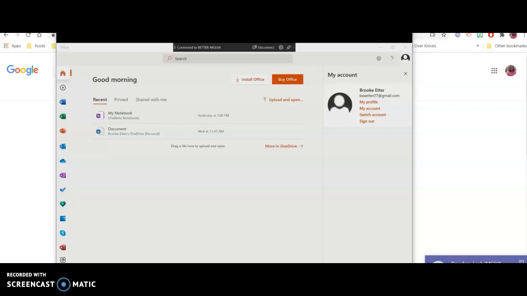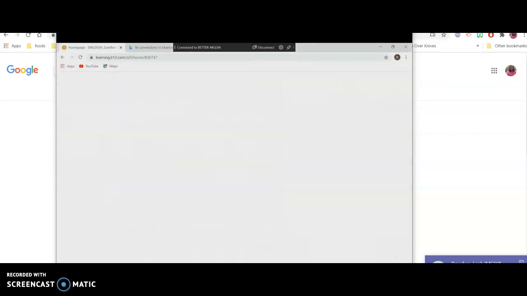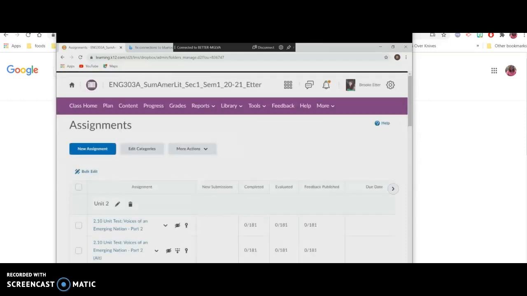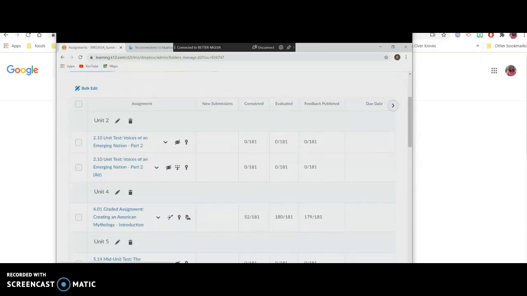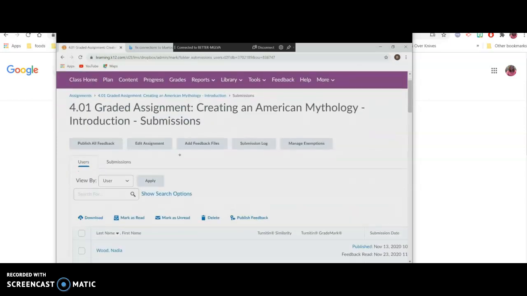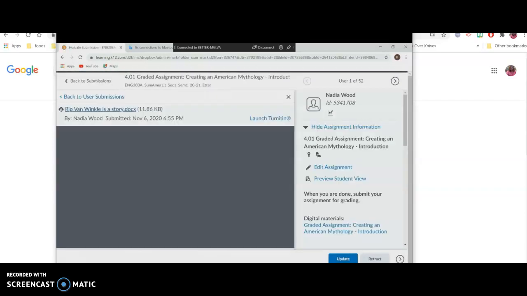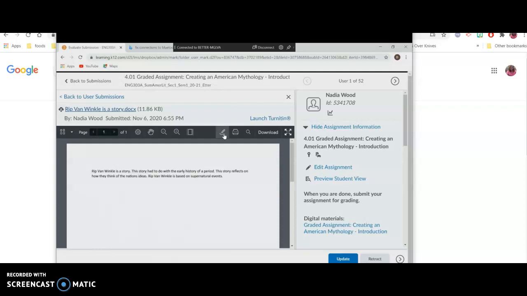So, Teams, and then I did the Office 365 and OneDrive, and then a really cool thing that I noticed when you go to grading: if you go to your assignments, for English, this is really cool. When you're grading, you can click on this little pencil icon, and now I'm able to